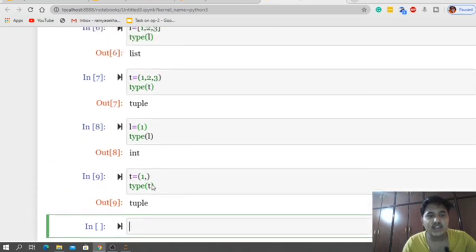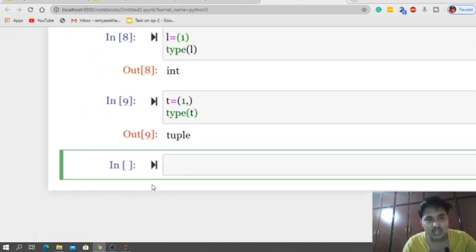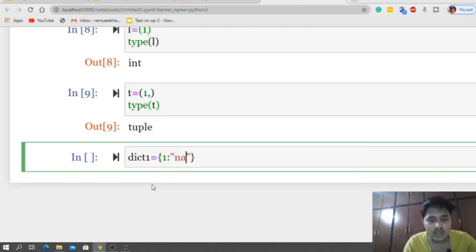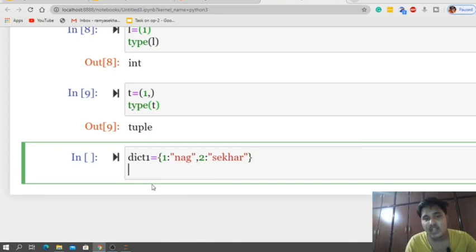This is one important point while talking about tuples. Is this clear? We have completed lists and tuples. Now let us talk about dictionaries. To declare a dictionary, dict1 is equal to, I am declaring roll number 1 as Nag and roll number 2 as Sheikh. Now let me find the type of dict1.